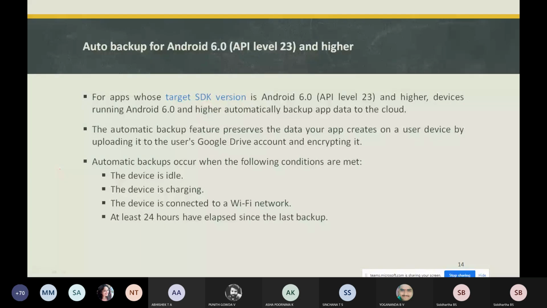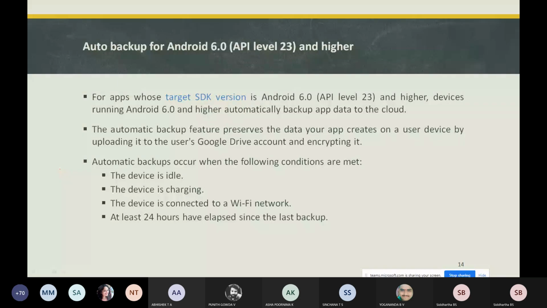Now coming to backing up application data. Commonly, a user is not going to manually back up the data or set the preferences for each of the applications, so users need easy access to preserving that data so that it can be restored. Why do you do backup? If you uninstall an application and again want the same data in that application, you can use a backup set. It's an important part and plays a main role whenever you are developing applications.